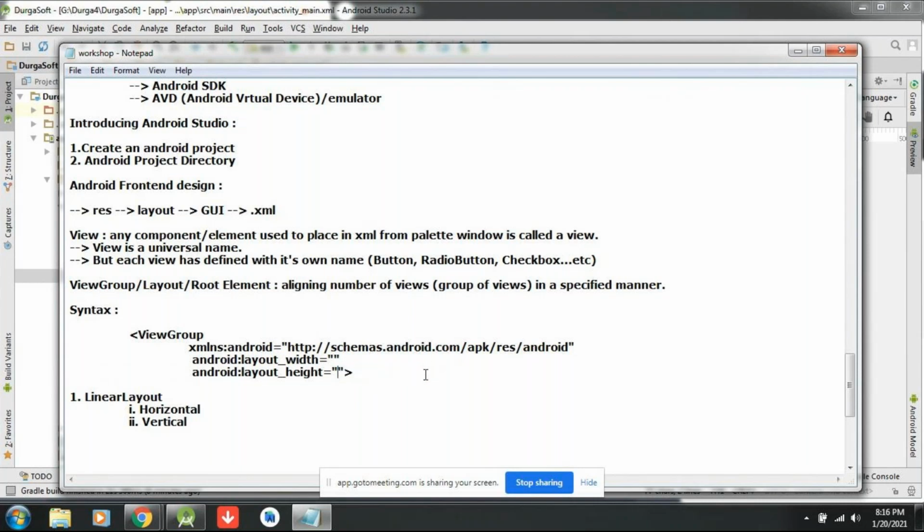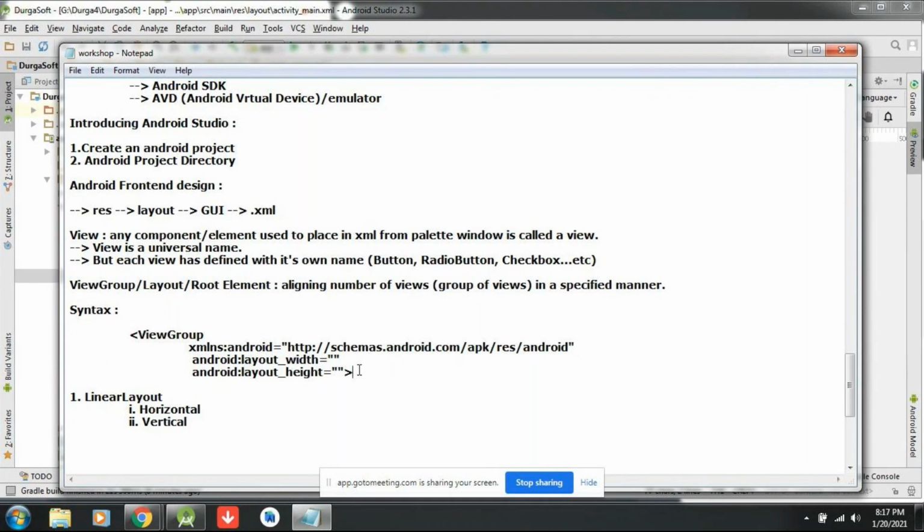As of now, xmlns:android must be there. This schema tag must be there. It will be auto generated. You no need to create or write it. It must be there, because of that only we have to write these properties. Every property you write for a view group or view must start with android colon. Each one we can call an attribute or property, XML property, XML attribute. Anything must start with android:, like layout width, layout height.